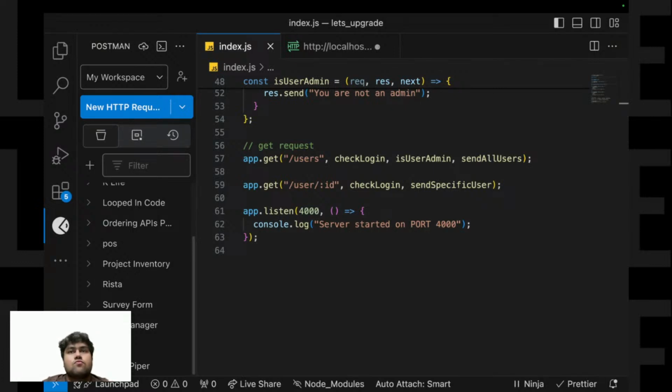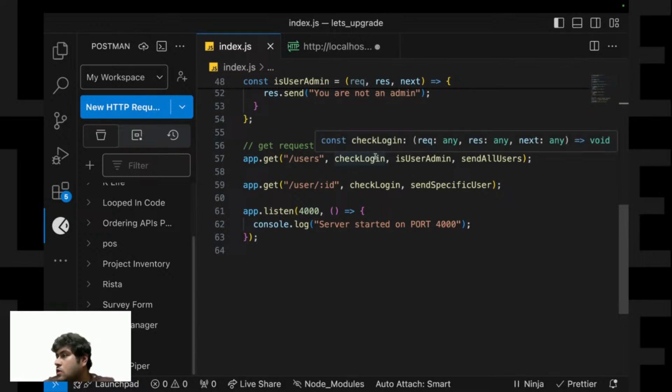Now, we have done the middlewares. Yeah, so cookie is a different topic. It's mainly used in the front end. And since we are doing Node.js, you can refer to the React course. I think it should be mentioned in that course.